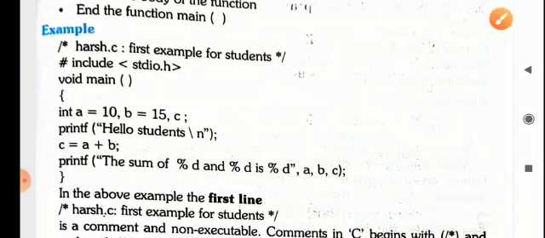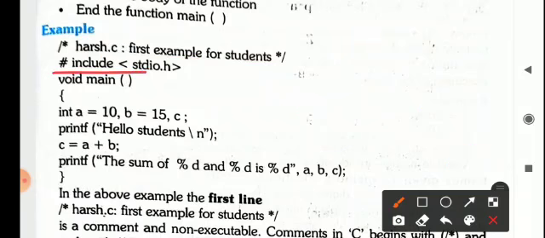Okay. Next you can see #include stdio.h is written, that means this is a preprocessor directive, and the header file we are including is stdio.h. Many header files are there like conio.h and so on, but here we are inserting stdio.h. Then we have written the void main function, then int a is equal to 10. This means that int is a data type, the integer data type, that is the numeric value, and we are storing 10 in a variable a.